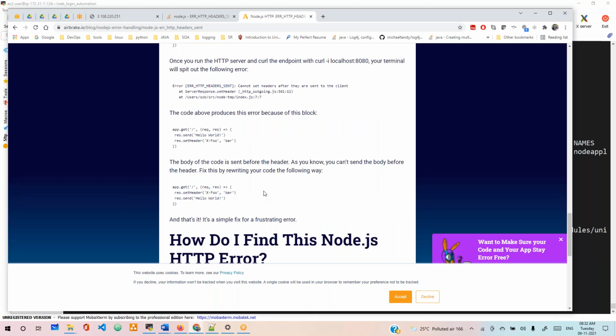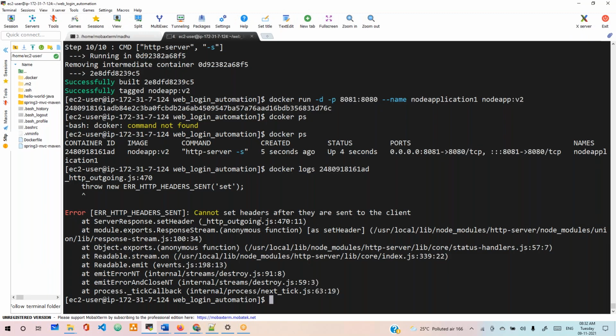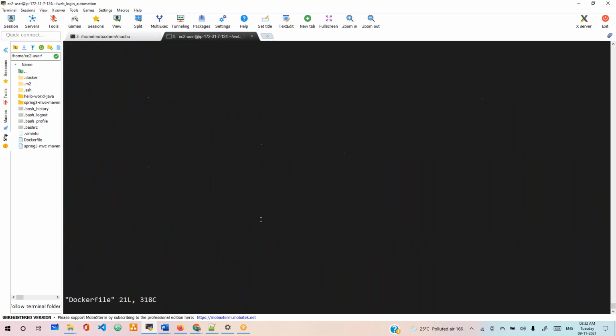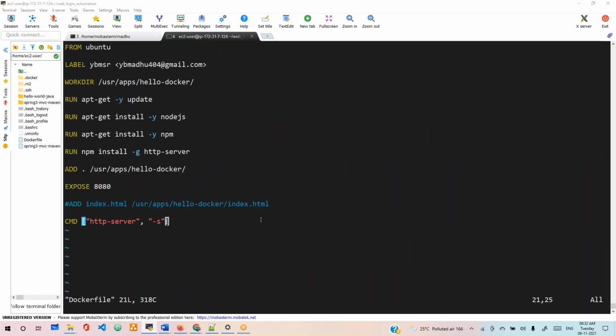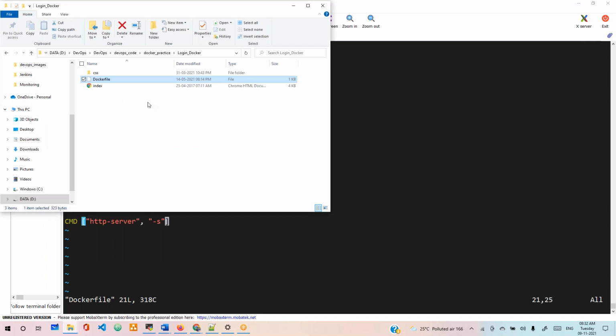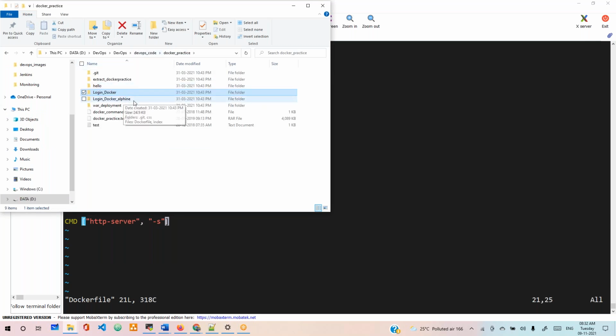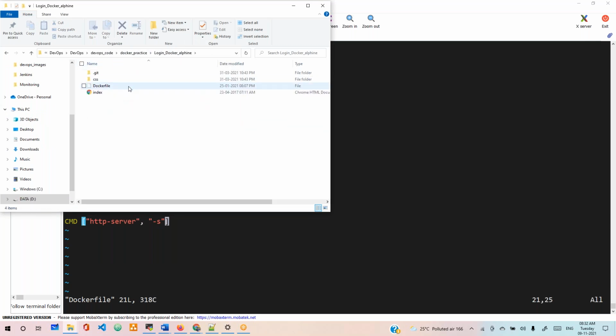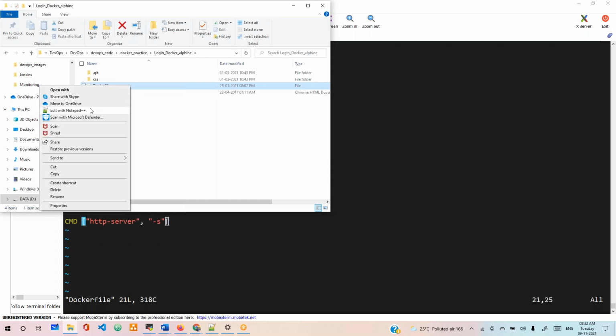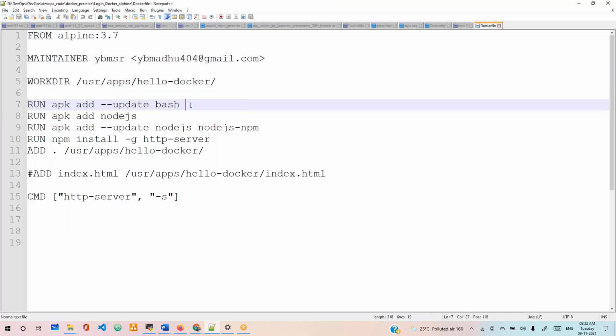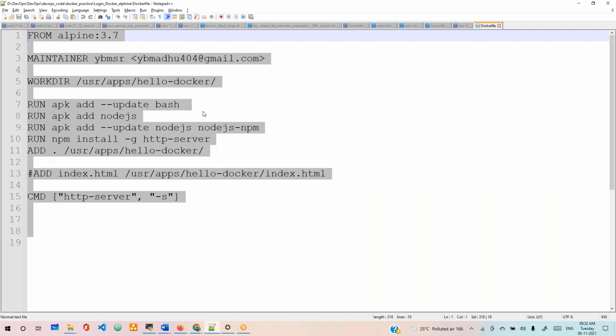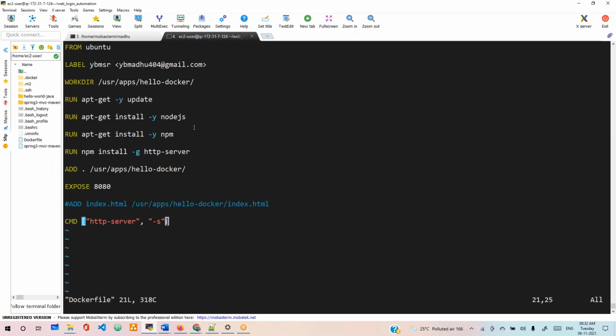Okay, fine. We'll do one thing, guys. Let me write this Docker file using Alpine Linux instead of Ubuntu. Let me try the same code, guys. Now there is one change that will come here. Instead of install, it will come